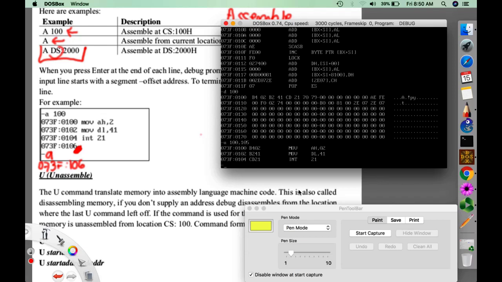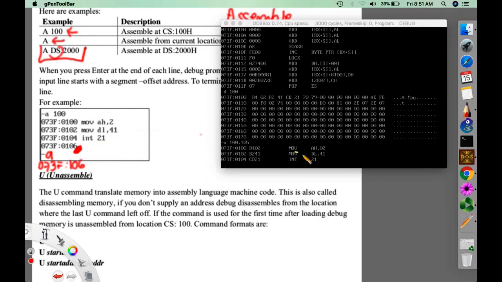Now as you can see here, if you have move AH,2, this particular part is the machine code. This is the one that is really written in the memory.